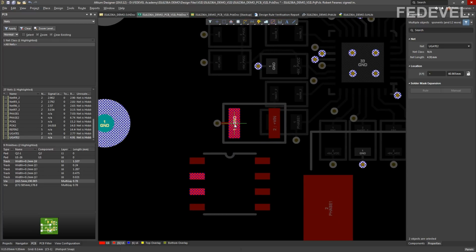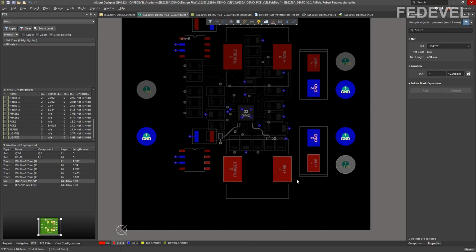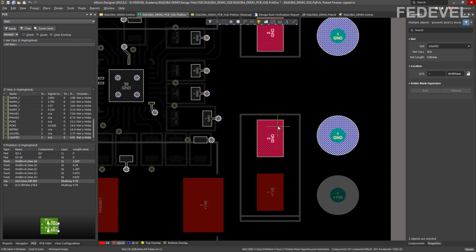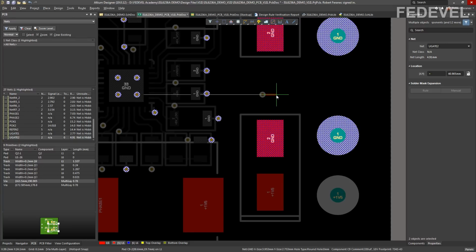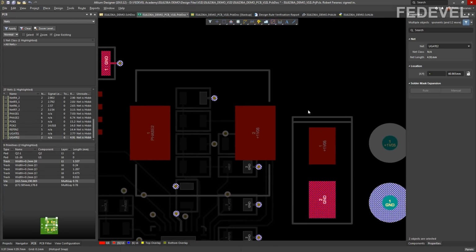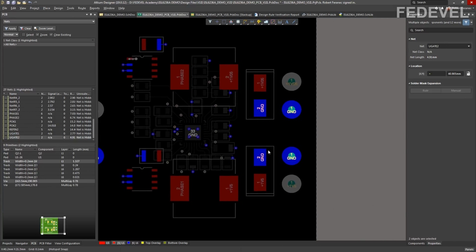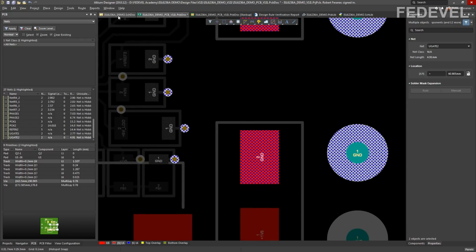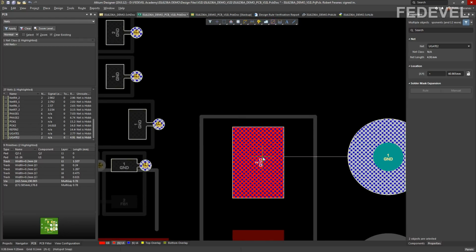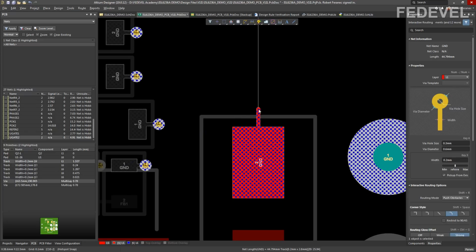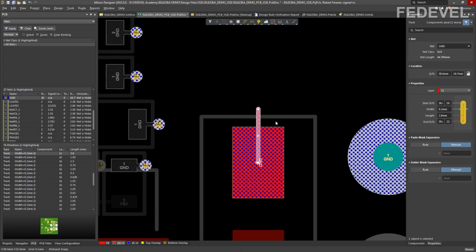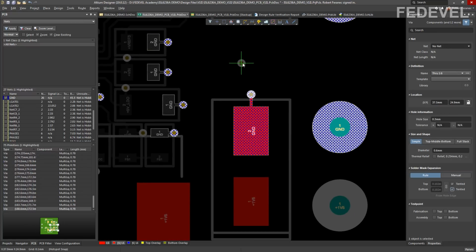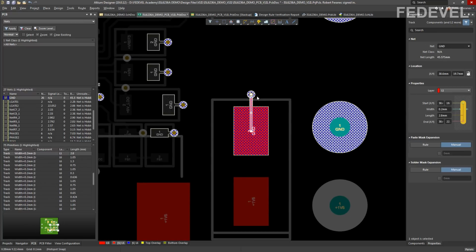Many pins are connected to ground. Okay, that's too big a path. So I'm just going to draw a new connection here. Of course, this is not the proper connection for this path. We will need to improve it later, but we just would like to connect everything.